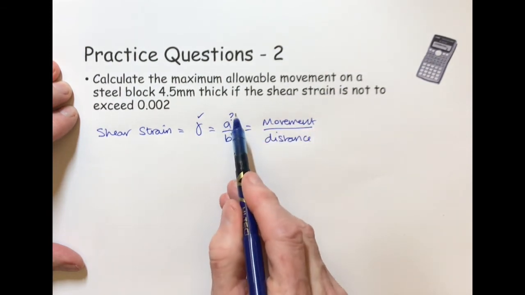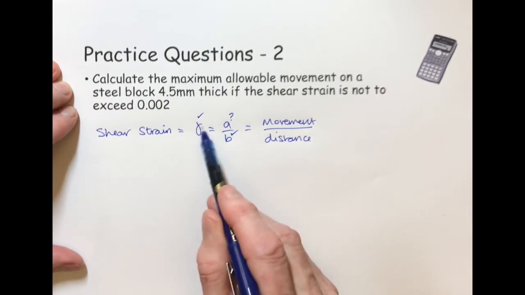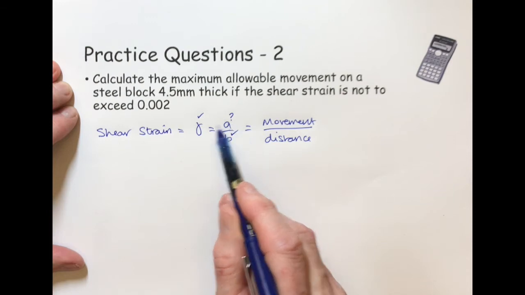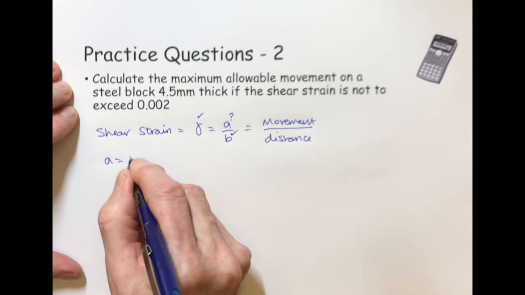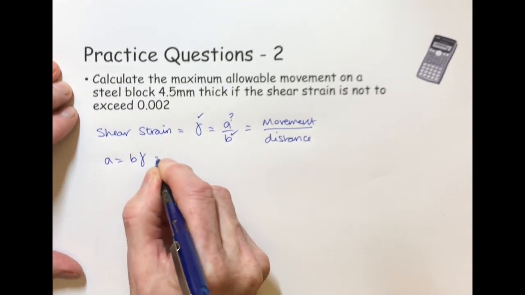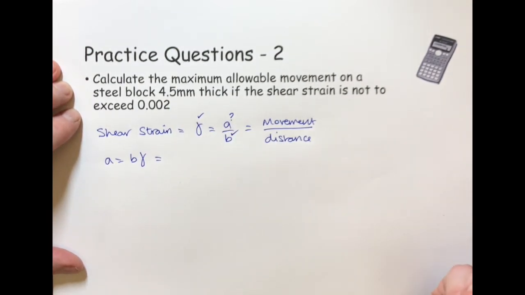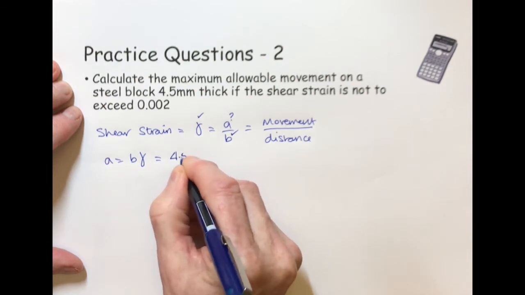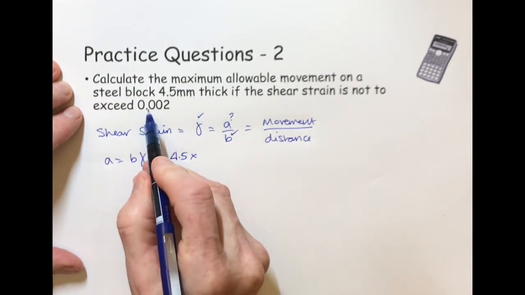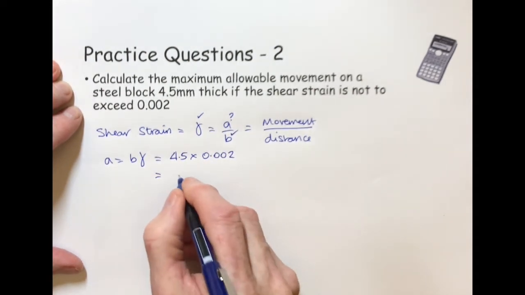So we've got to rearrange the equation to get A on its own. And to do that, we need to multiply both sides by B. That way it cancels out on this side and leaves us B times gamma equals A. So I'll write that out, A equals B times gamma. So B is the thickness. Now, because we're dealing with strain, it's not necessary to convert to meters. So we can leave it at 4.5 millimeters. So 4.5 times the strain, 0.002, and that comes out to